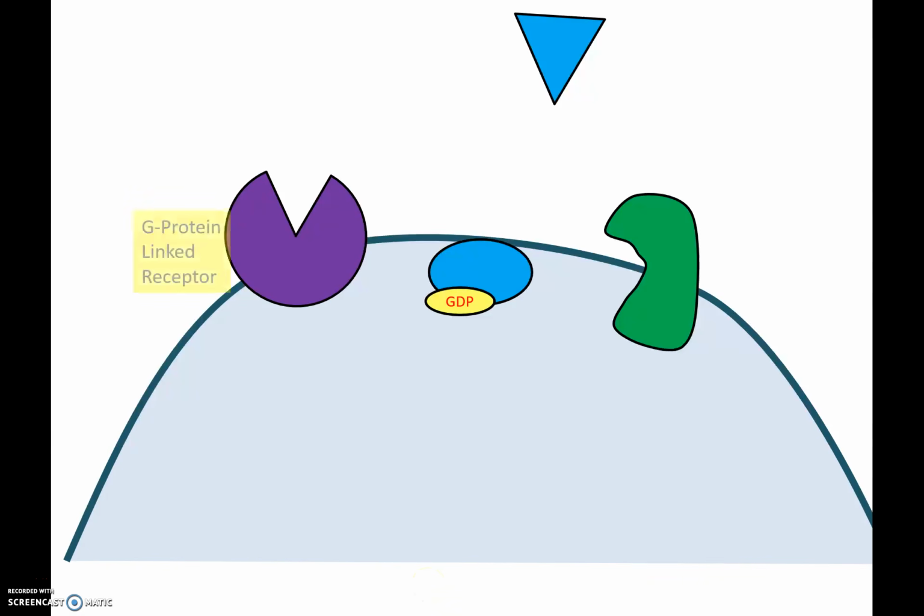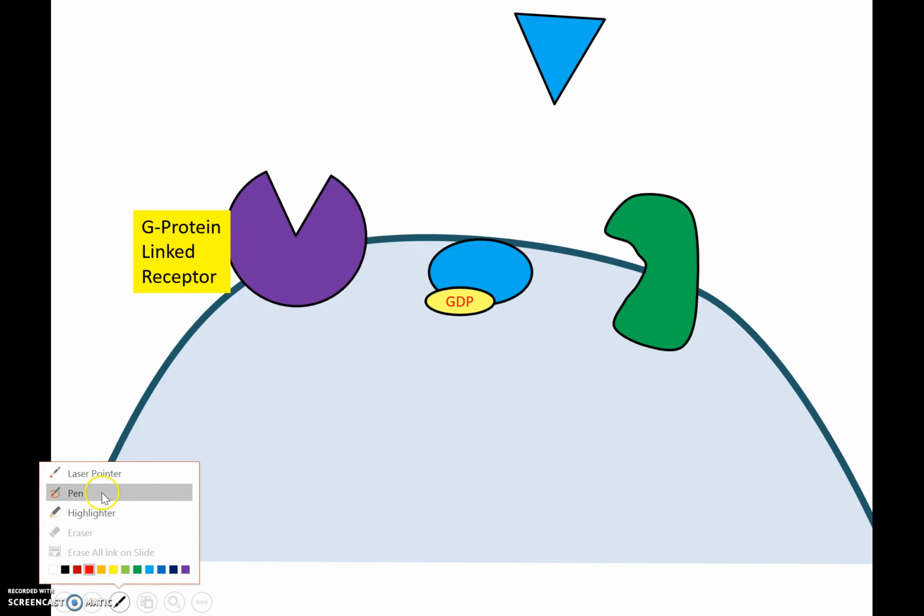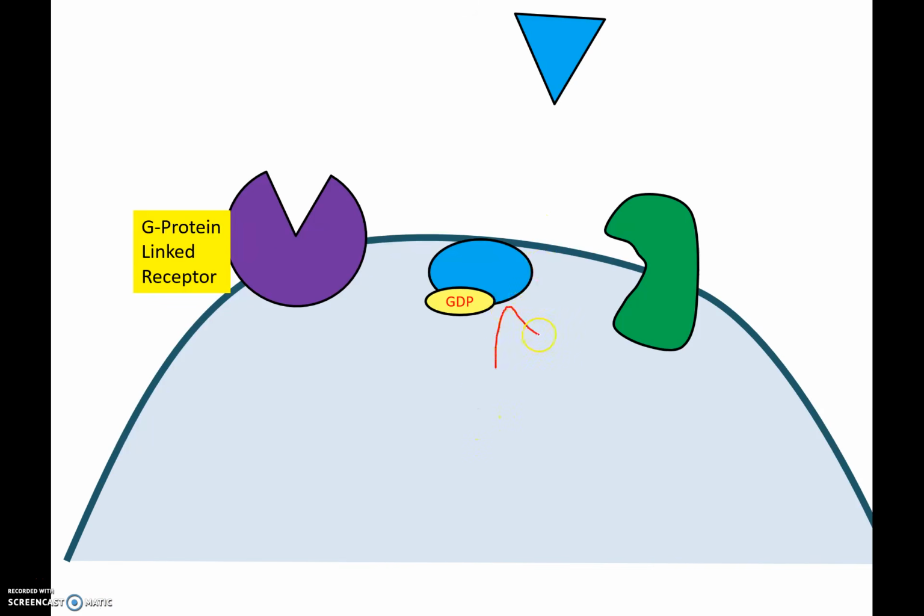Here we have a G protein linked receptor. Now this is called a G protein linked receptor because it works with this protein here, which is our G protein. Now at this point, when the ligand is not attached to the G protein linked receptor, now this ligand right here could be a neurotransmitter, a hormone. It's actually, G proteins are used in a wide variety of signaling situations. It's involved in our sense of smell, our sense of taste,